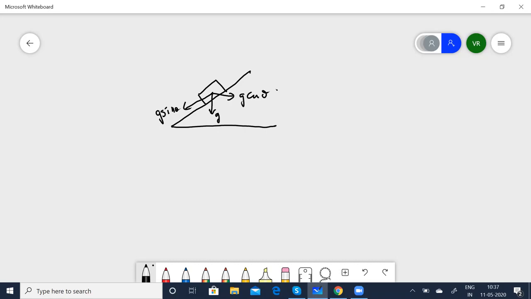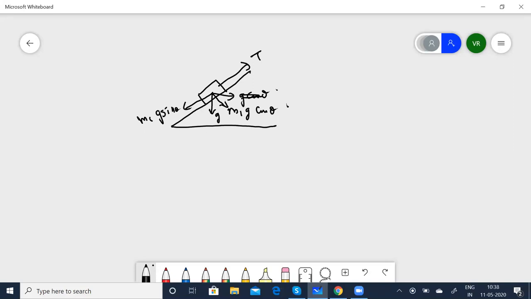Or I can put it as M1g, because that is going to be something related to it. It should be more like this. And g is going to be the resultant. Because they are perpendicular, you know that, this is M1g cos theta. Obviously, this is going to be the tension due to the spring, T.